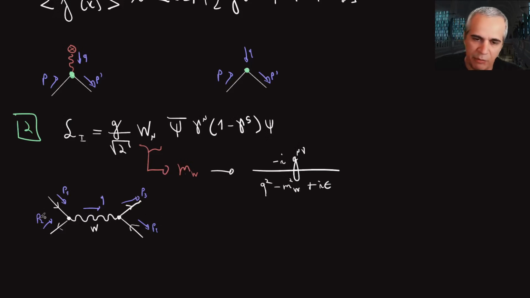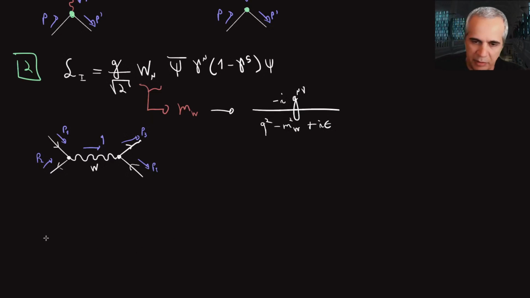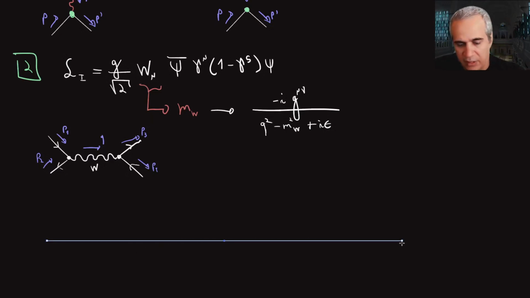All these momenta, P1, P2, P3, and P4, are all much smaller than MW. That means Q will also be much smaller than MW, right? And I could imagine doing my theory at a scale which is low compared to the mass of this W. Now I don't even have to divide the field MW into regions. I don't have to take some W and W hat and integrate only parts of some modes for this field.